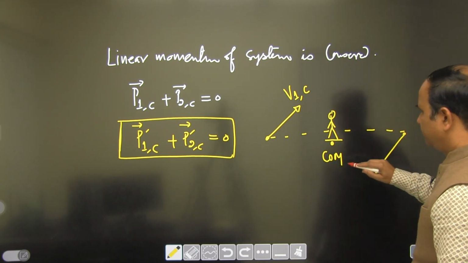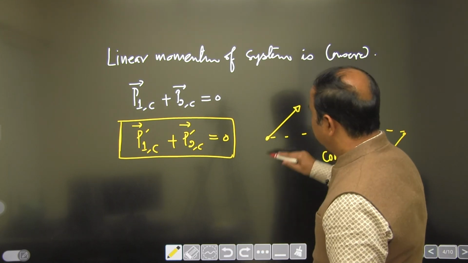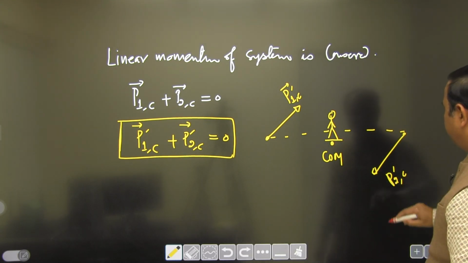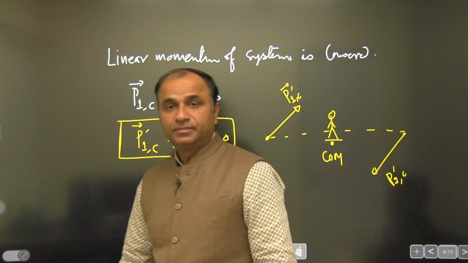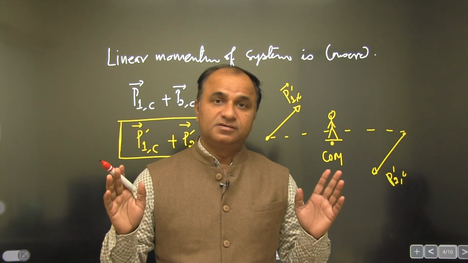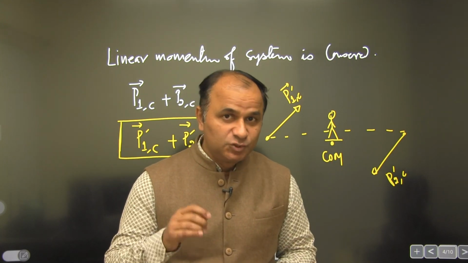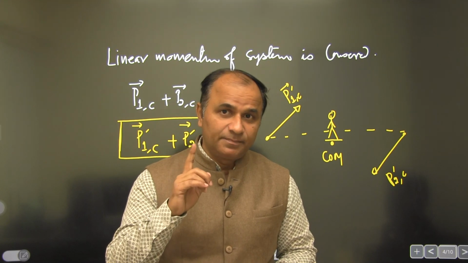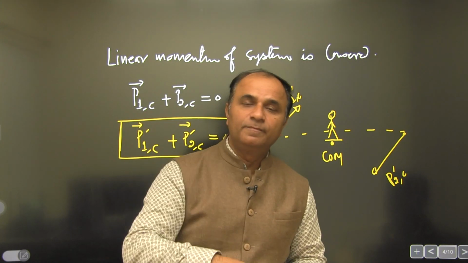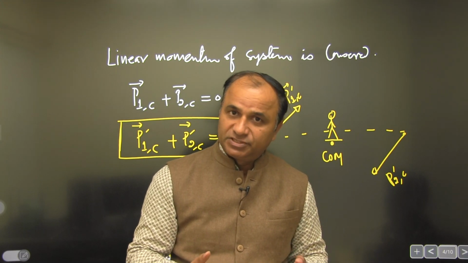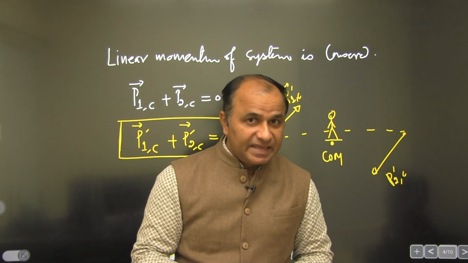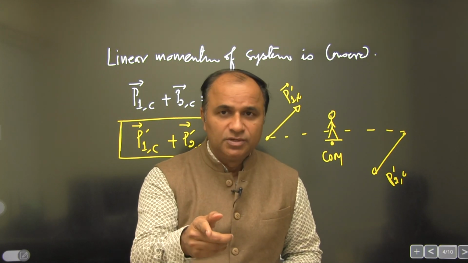So this is equal to, let's write it as, P1C dash vector, and this is P2C dash vector. So what is the first conclusion? Whatever be the direction, if I see the moving particles from the center of mass, the two particles will move in opposite directions, and the vector sum of linear momentum of these two particles will always be equal to 0. In the ground frame, this may not be 0. Of course, in most cases this is non-zero. But in the center of mass frame, in every case, this has to be 0. This is the first conclusion that we